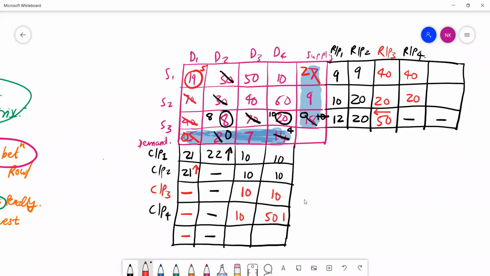Now in this particular case, this is the highest penalty, 50. So find out the lowest value. Now this 20 has been allocated, so you don't need to look over here for the 20. So look for 10. Now in this particular 10, you are having a supply of 2 and demand is of the 4. So you can satisfy the supply 2. It will become 0. This will become 2. Since this has become 0, it won't be taking part in the further calculations and the value 50 will get cancelled out.